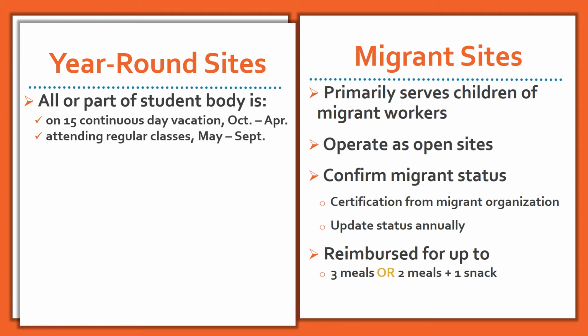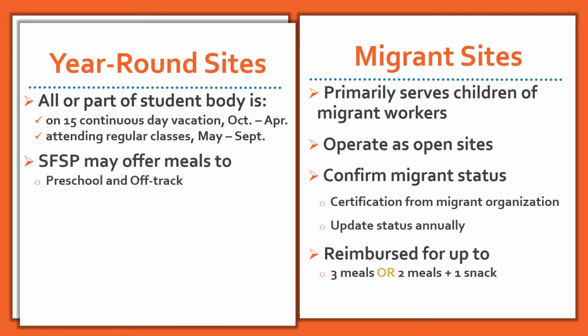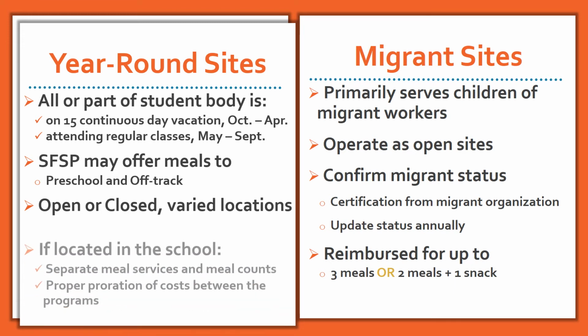When schools operate on a year-round or continuous school calendar, the SFSP may offer meals throughout the year to preschool children and off-track students. These sites may be open or closed enrolled sites located in the school or at other locations. If a year-round site is located in the school,